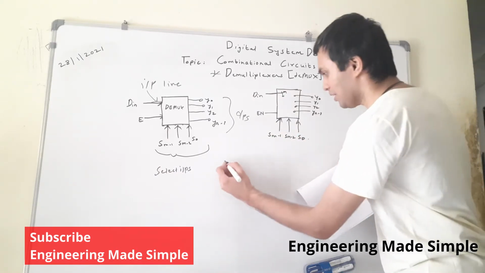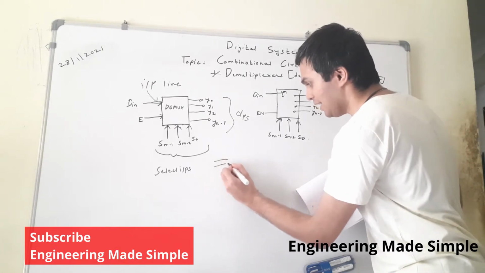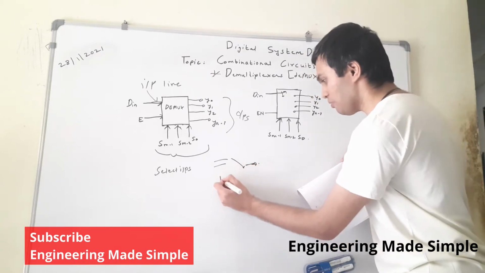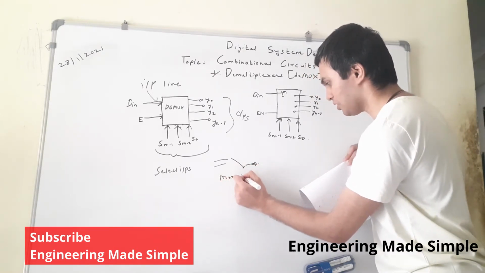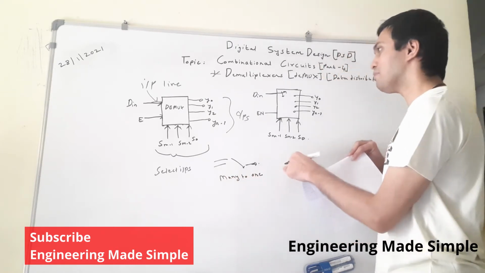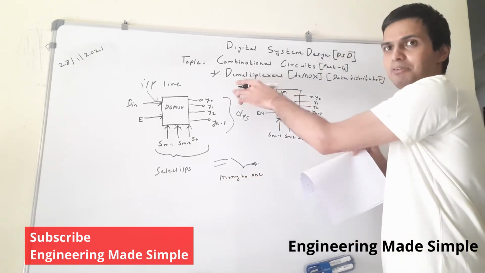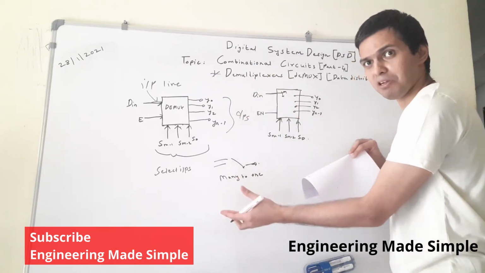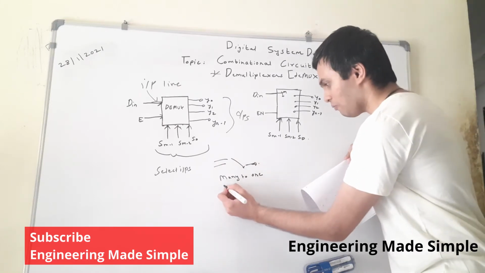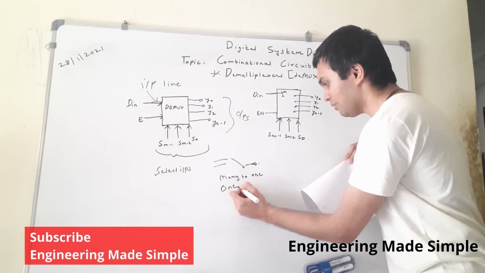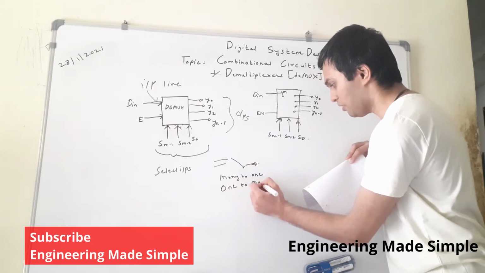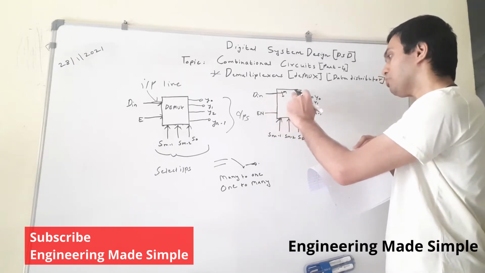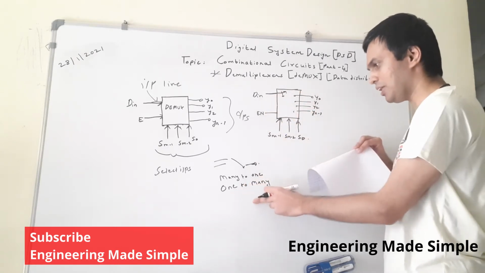What does a multiplexer do? It has a series of input lines and it connects them to a single output. That is, a multiplexer performs the function of many to one. Whereas a demultiplexer performs the opposite operation of multiplexing. It performs the task of one to many. That is, it will distribute a single bit input to different outputs. That is one to many.